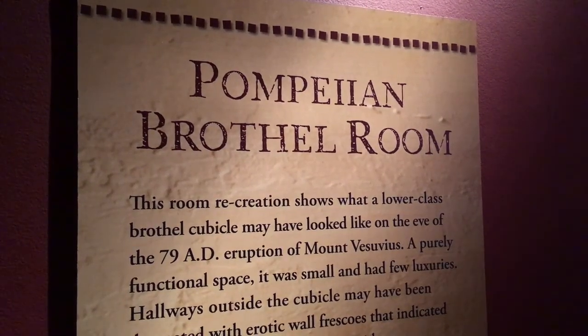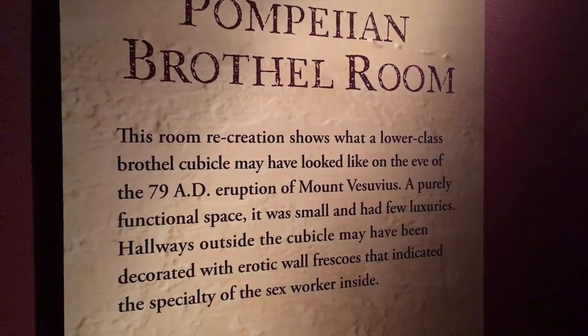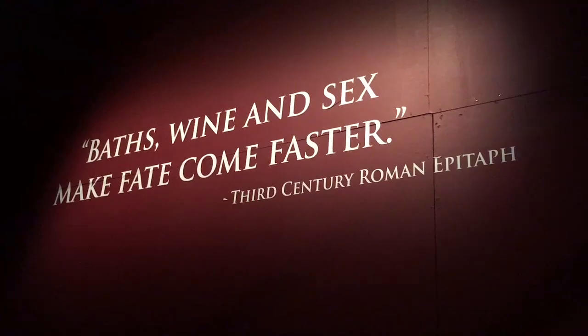Pompeii's best known one was run by two procurers by the name of Africanus and Victor. The building was on 2 floors. On the ground floor were 5 small